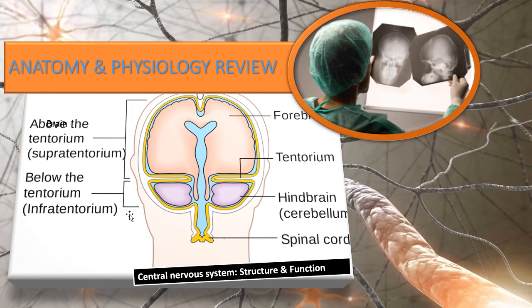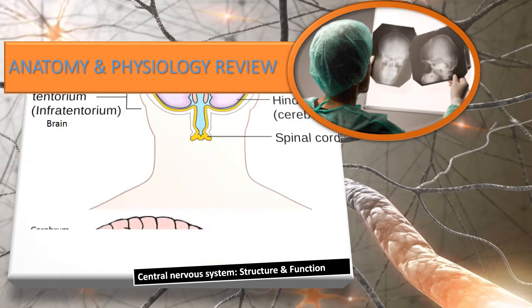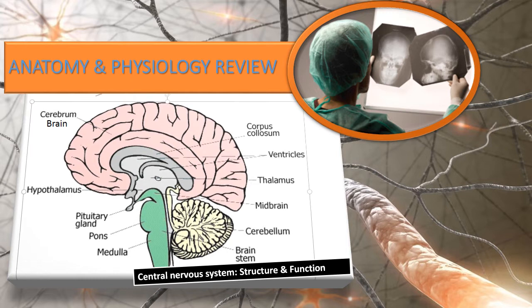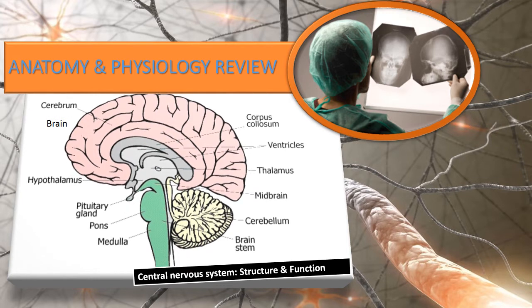Okay, let's talk a little bit more about parts of the brain. The parts of the brain we want to talk about, the three main parts. We want to talk about the brainstem, and we want to talk about the cerebellum, and we want to talk about the cerebrum, the forebrain. The brainstem is there for life support and basic movement, the cerebellum being for coordination and functionality of muscles,